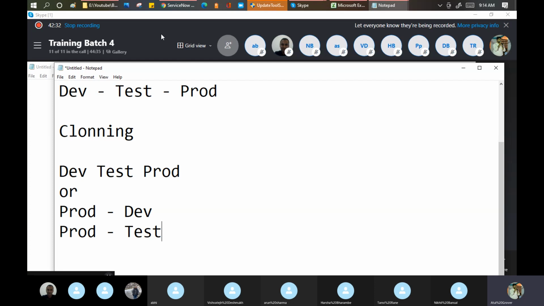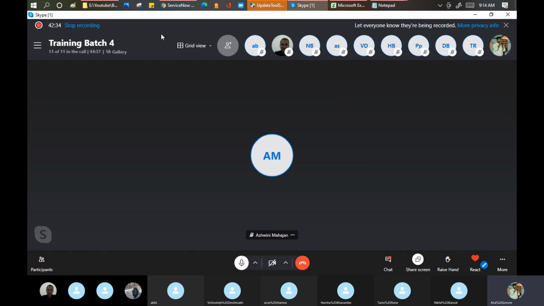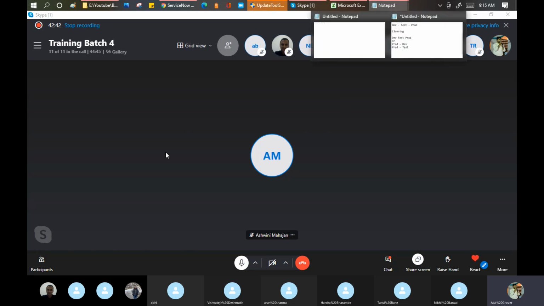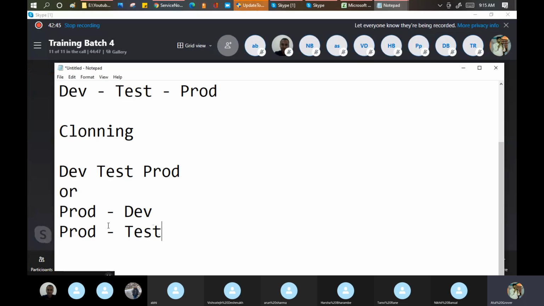Let me see if I can find something in my previous batch WhatsApp group. I'll share that screenshot with you, which indicates how cloning and upgrade actually work, the cycle or movement of these things. In cloning we are bringing the data as well. Nikhil, somehow I agree with your point.